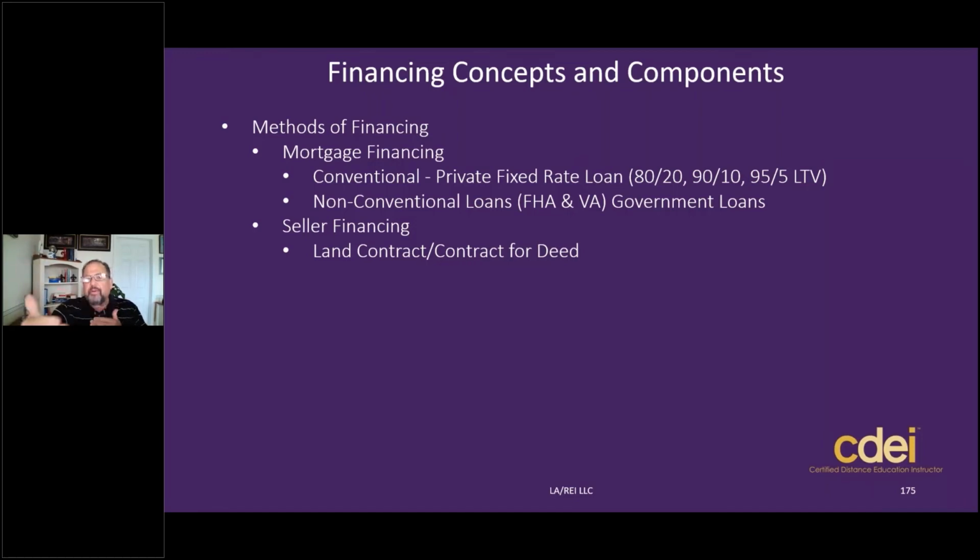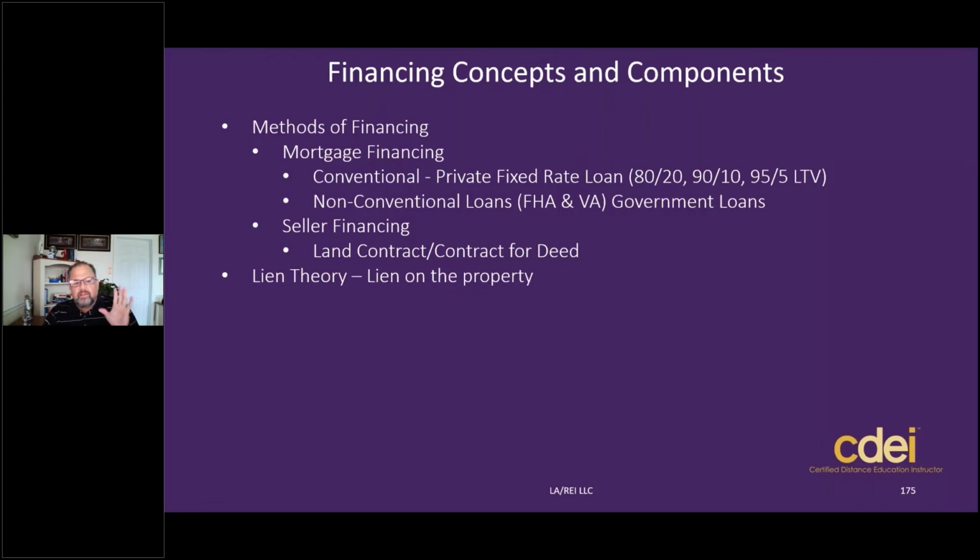So you occupy the home for the terms of the agreement and the payment in the land contract, in the financing section of it. Once the loan or the agreement is paid off, then the title goes from the seller to you, the buyer, who is now the new owner, and you get legal title to the property. While you're in it making payments, you have equitable title. So there's mortgage financing, and then you've got seller financing.